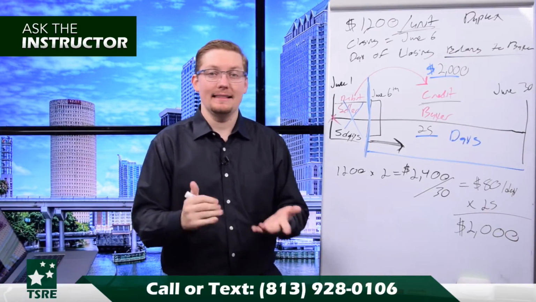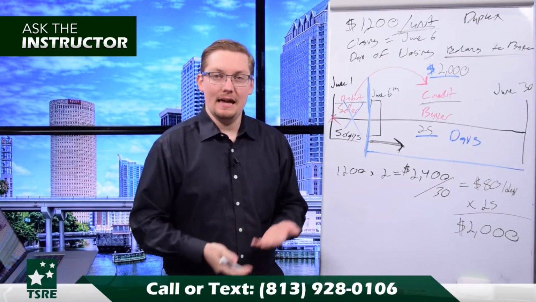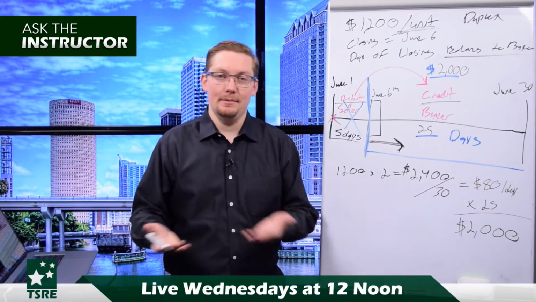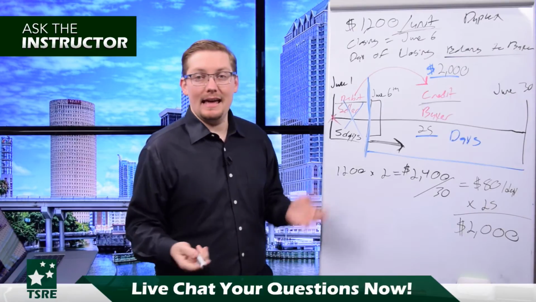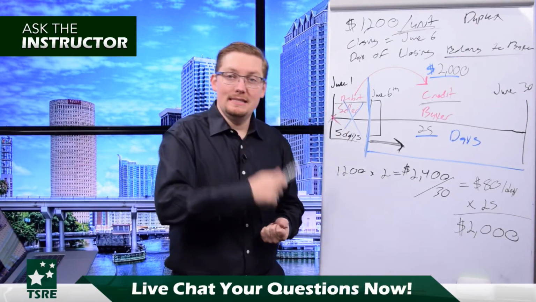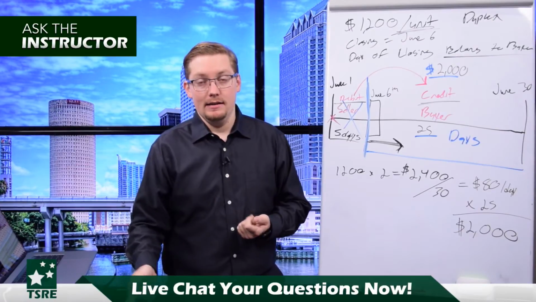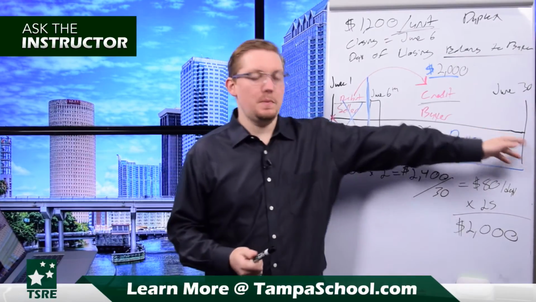And again, that's a red flag that that's not a correct answer on your exam if you see the proration dollar amounts between the debit and the credit being different numbers. So pay attention to that there. But other than that, again, our default rule of thumb, debit to the seller, credit to the buyer. Now, we would reverse that if rent is paid at the end of the month, but